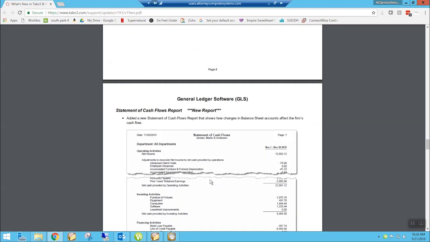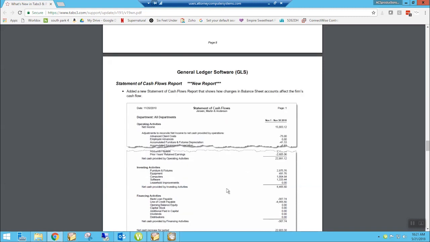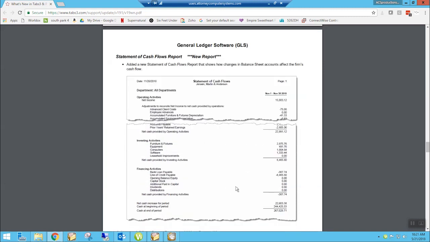We have a new statement of cash flows report. It used to be the only way you could do this was kind of outside of GL by simply putting some numbers together. You had the numbers, you could get the numbers, but now we have a statement of cash flows report that shows you